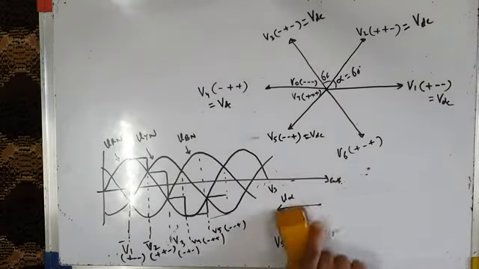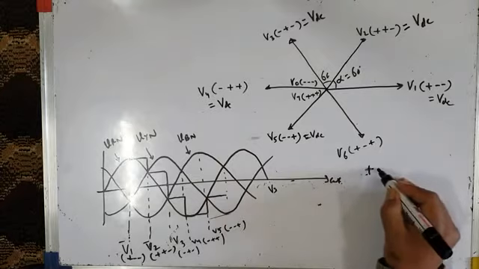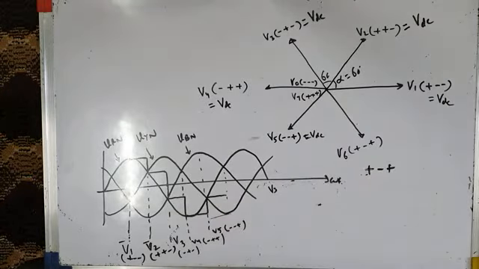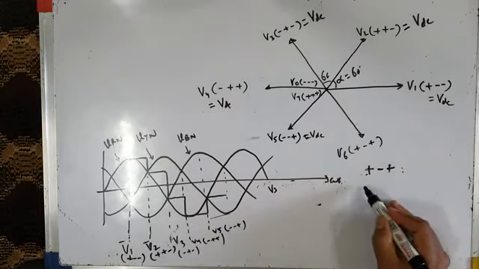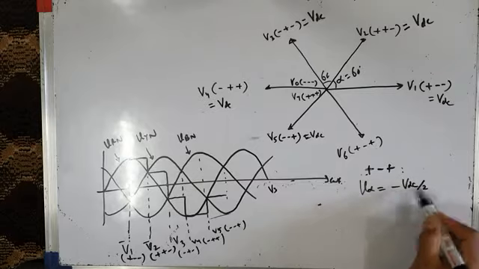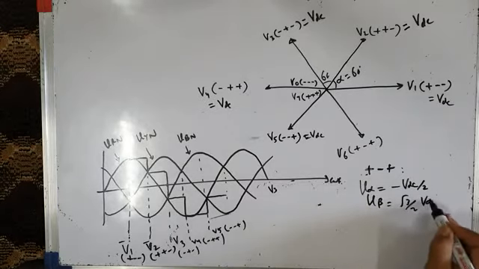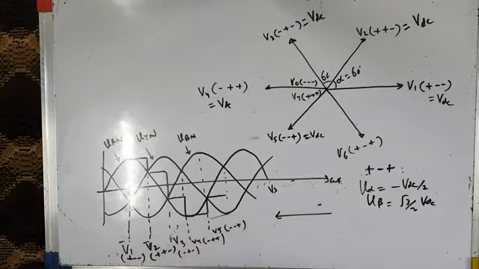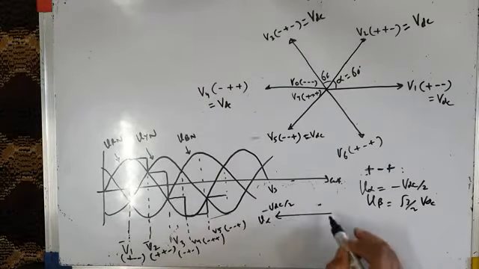After that, we have the last switching state. The last switching state in the cycle is plus minus plus. So when you apply this plus minus plus switching state across the load, it will give V alpha equal to minus VDC by 2, and it will give V beta equal to root 3 by 2 VDC. That means here alpha negative होगा, minus VDC by 2 is V alpha, and V beta is